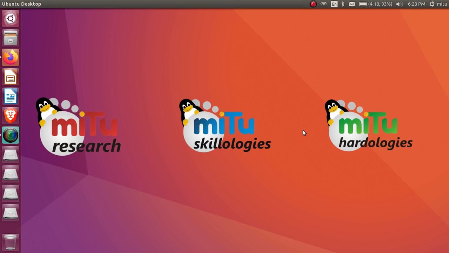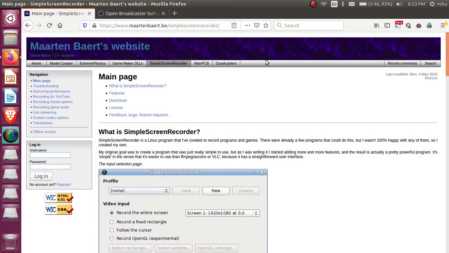So let's say this. There are two softwares available. I'm using the Linux operating system, so most of the softwares are operating system independent. So if you're using Windows or Mac OS, it doesn't matter. Almost all the screen recording softwares are available for all kinds of operating systems. So in this session, I'll be showing the use of the software.